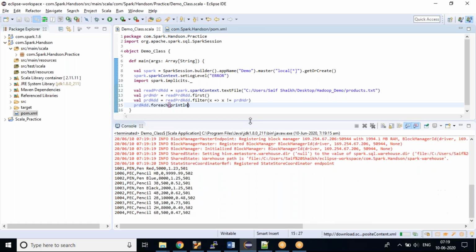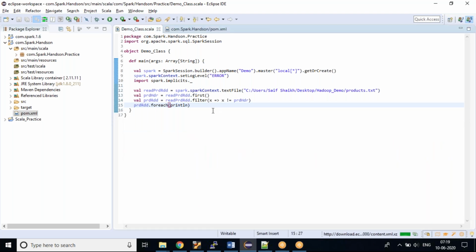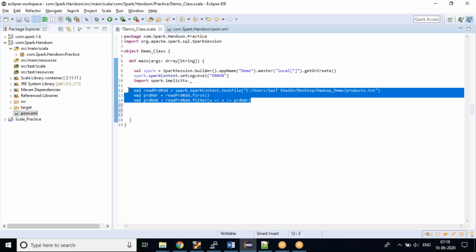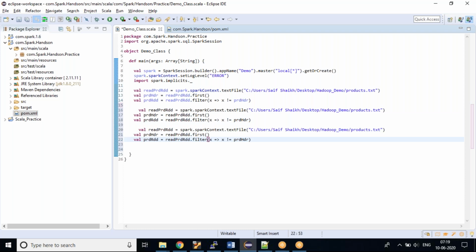So let's see the data. I don't see any headers over here. Okay, that is good. So let's move ahead with the second and third files. Let me close the console and let me remove this. So I'm done with this. Now let me copy this, so I'll do this for three files. This is the second file and this is the third file.